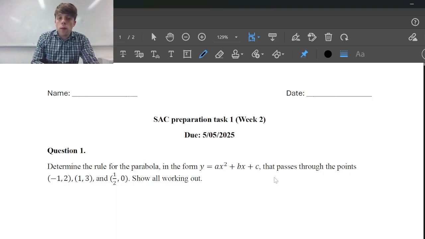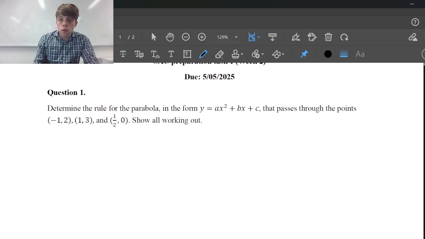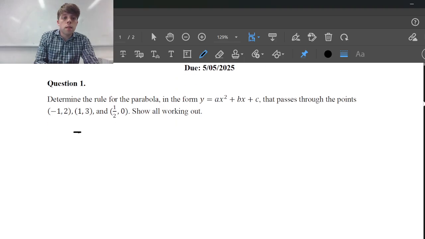So essentially, whenever we have three unknowns, and this is always a rule, whenever we have three unknowns, a, b, and c, we need three pieces of information to solve for those unknowns. And specifically, all you have to do here to solve this problem is to basically substitute each of those values into the equation. So for example,